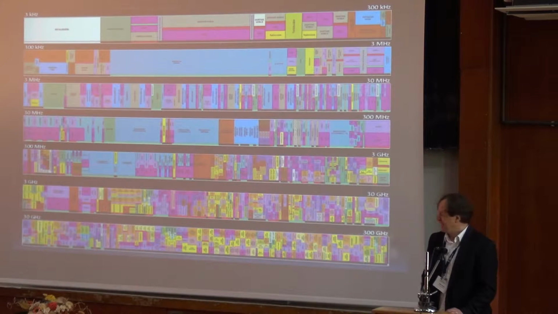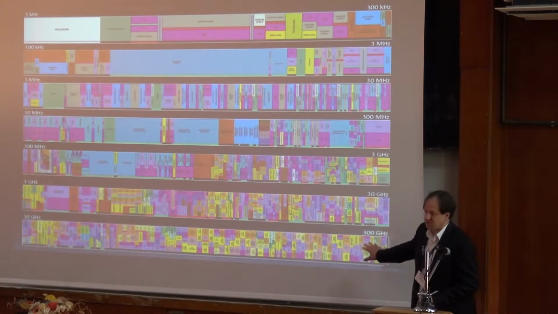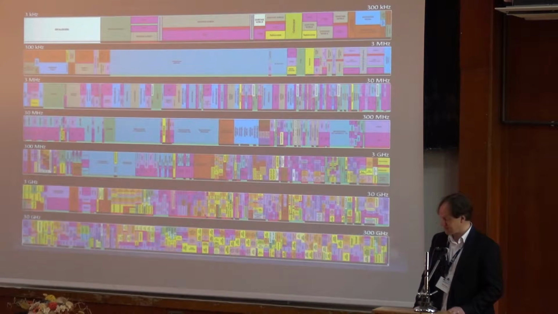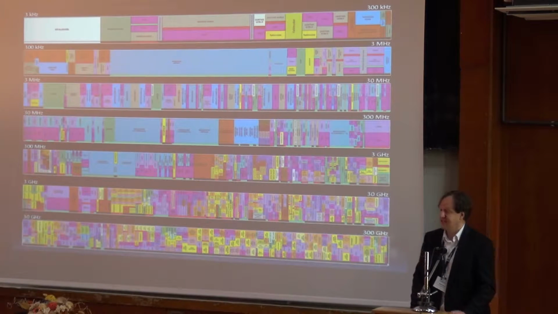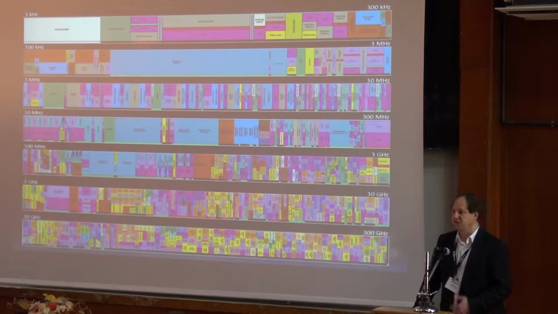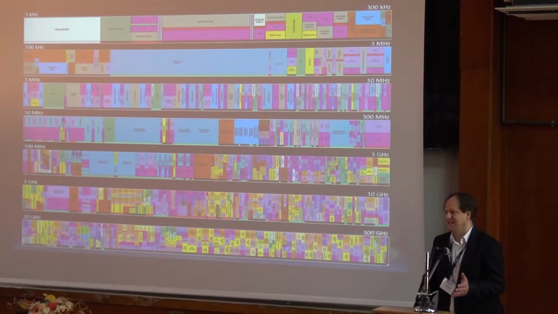So, first of all, the spectrum is fairly heavily occupied. That is one message. And if we are led to believe what Cisco white papers tell us, with an exponential increase of data rates, we are running into what is called the radio frequency spectrum crunch, that we don't have enough resources to transmit data.